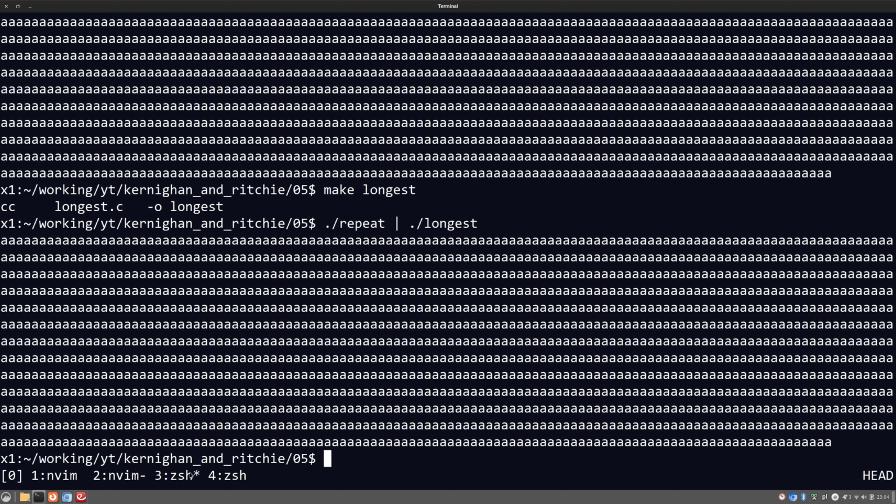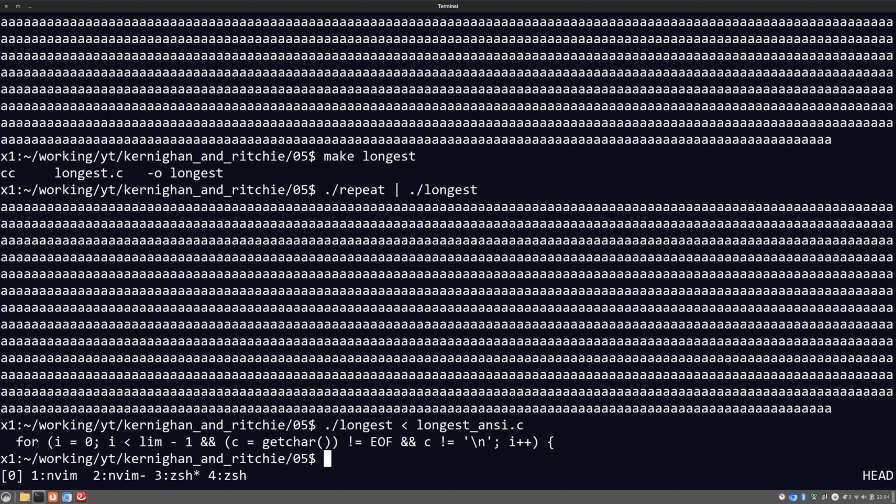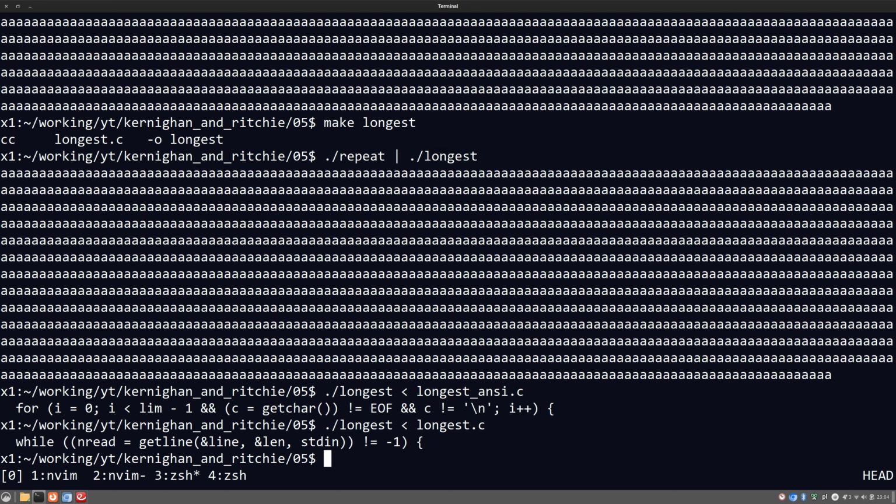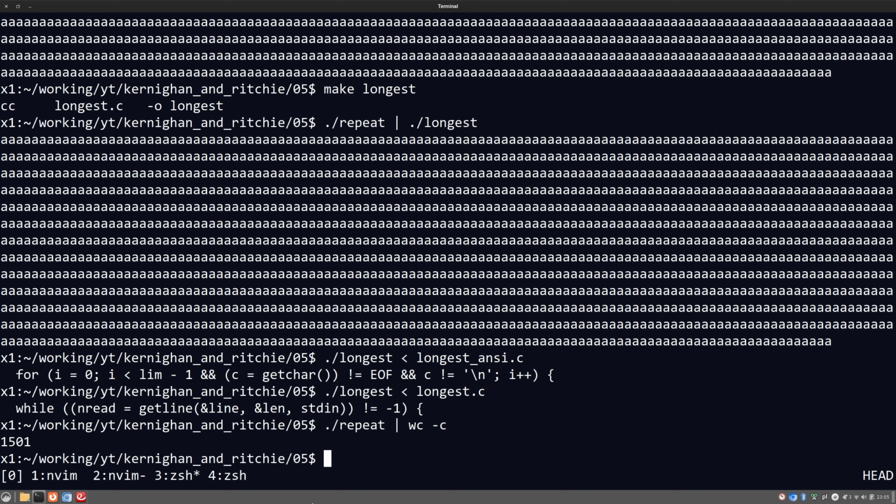So does it still work with input from longest.c? Yep. And does it still work with input from longest c? Okay. Let me see. I'll just make sure we are actually returning 105. Okay, we are returning 1500 lines in here, and